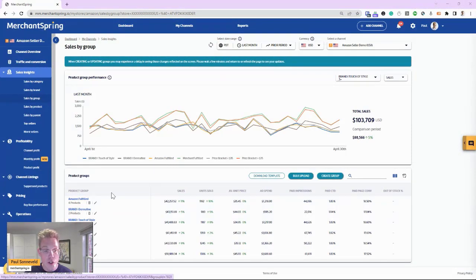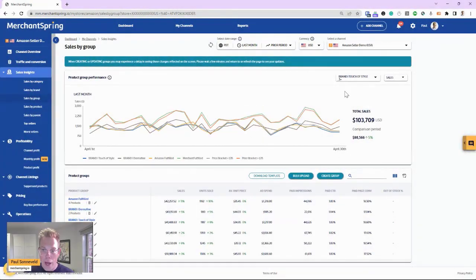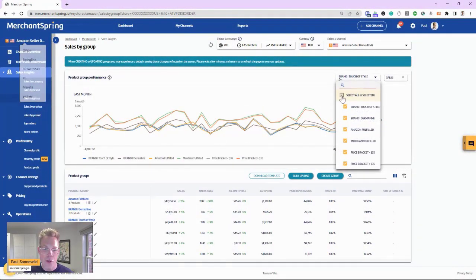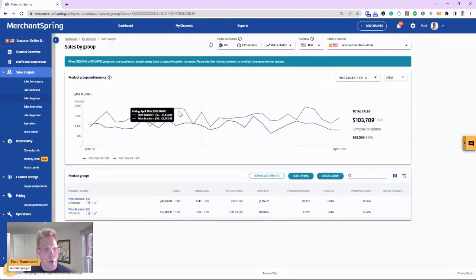As you can see, we are showing the data both in tabular format with a series of metrics, including ad spend and a number of additional metrics that you can find in the menu up here. We're also showing it visually. And through this drop down up here, you have the ability to select all of them, or maybe just look at a couple of them. So in this case, if I wanted to look at two of my groups and compare and contrast them, I can do that like this. And as I select them, you'll notice the chart will update and only focus on the groups that I've selected, and the table below responds to the same selection.